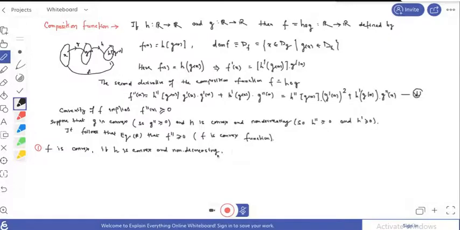Non-decreasing. And G is convex function. So if G is convex function and H is convex and non-decreasing, so here your F double prime is always greater or equal to 0, because this is the product of these two. Similarly, you can write